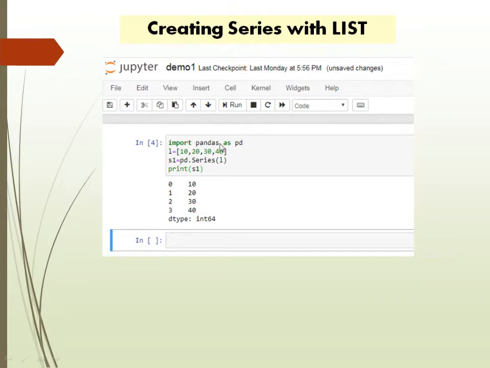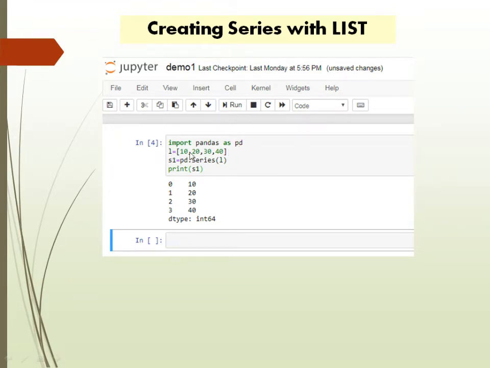And I import pandas as pd. As pd means I am making an alias of pandas. So now I am denoting pandas always with pd. You can take any name, but all programmers try to take pd as the name. So I'll also take pd here.